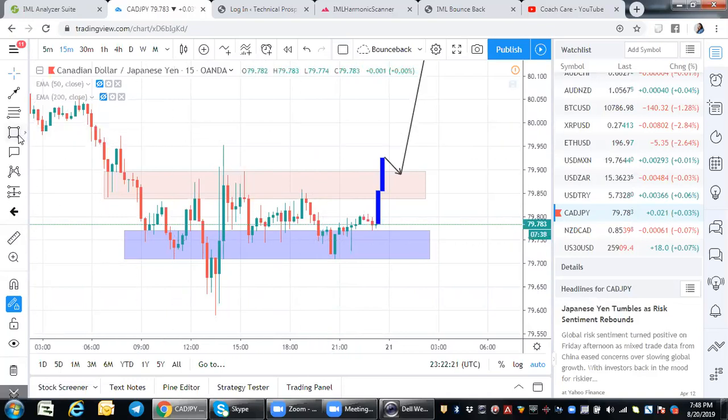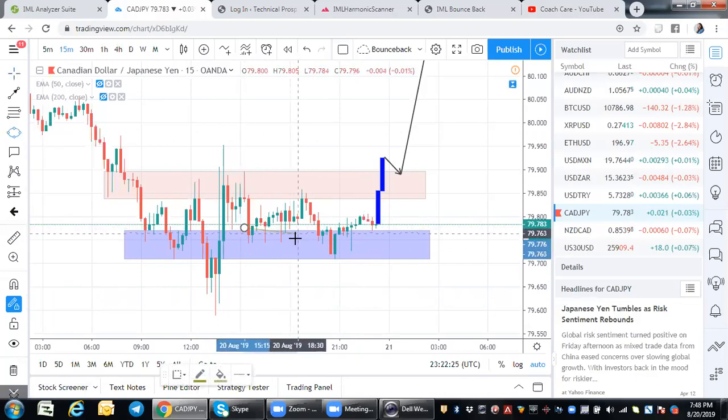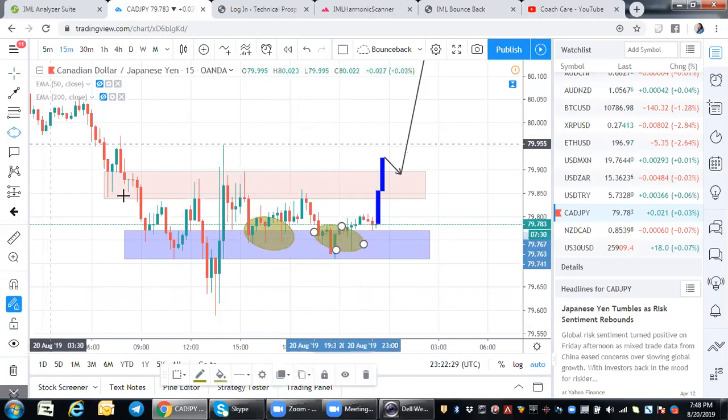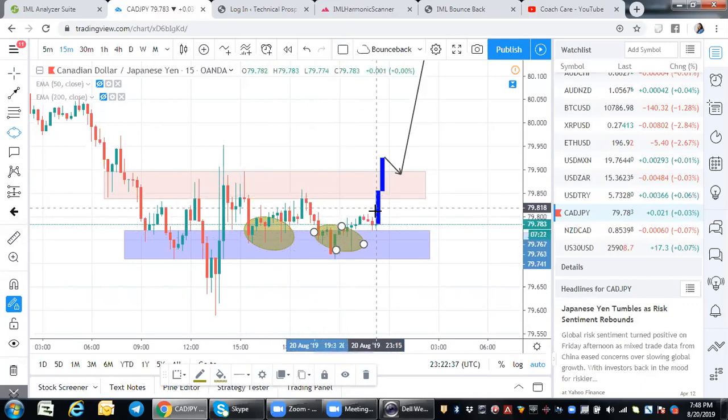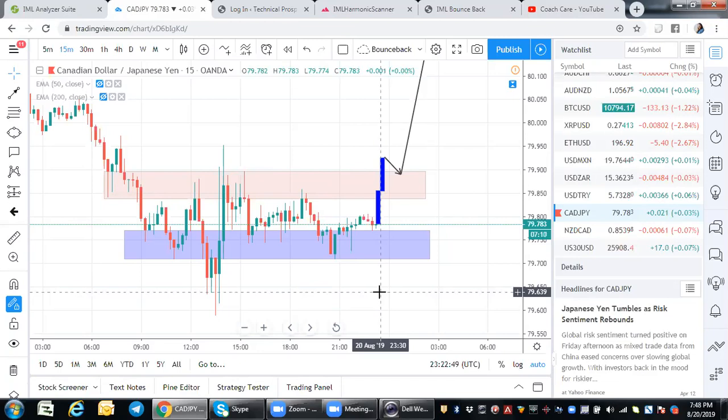For advanced traders, they might see that the market actually created a double bottom, right? So the market came down here, tested this area, actually moved away from the area and came back before it went back up. So some persons might be seeing this as a double bottom. Some people might be seeing it as a triple bottom, right? You don't need all of that. You don't need all of that trading language as a beginner. Once you can recognize structure,